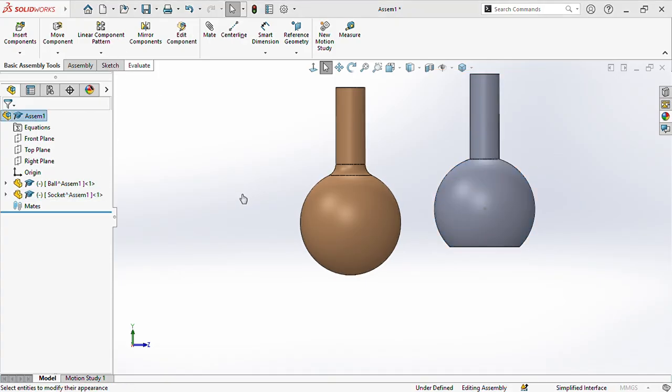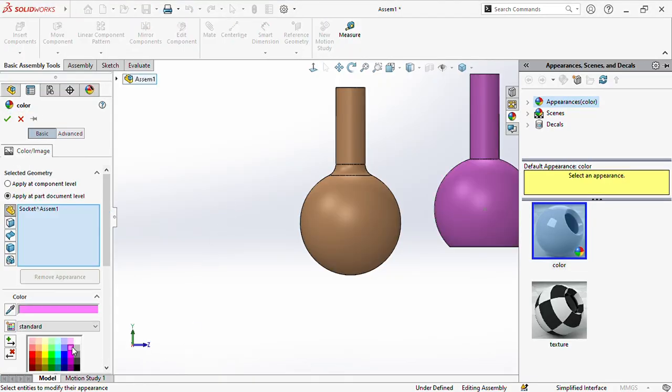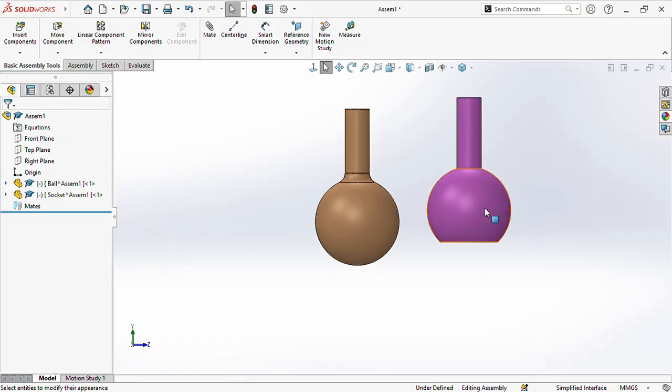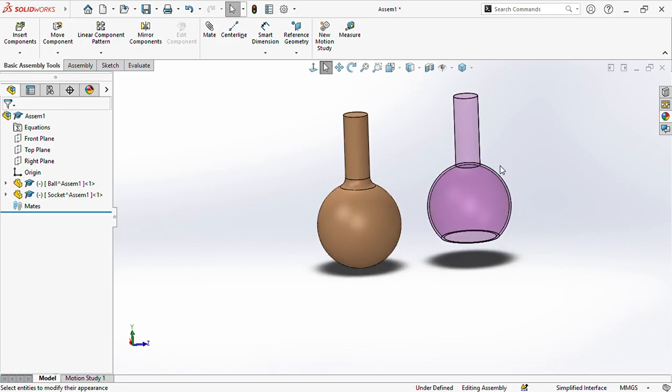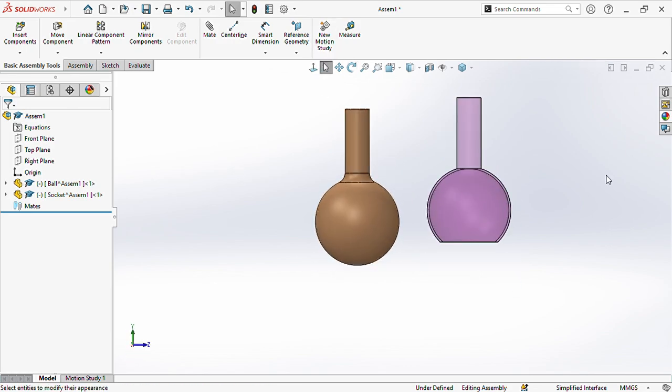Okay, now let's make it like this color. Okay, it's done, and let's change its transparency so we can see the inside portion also. See, here you can see the inside one also. Now